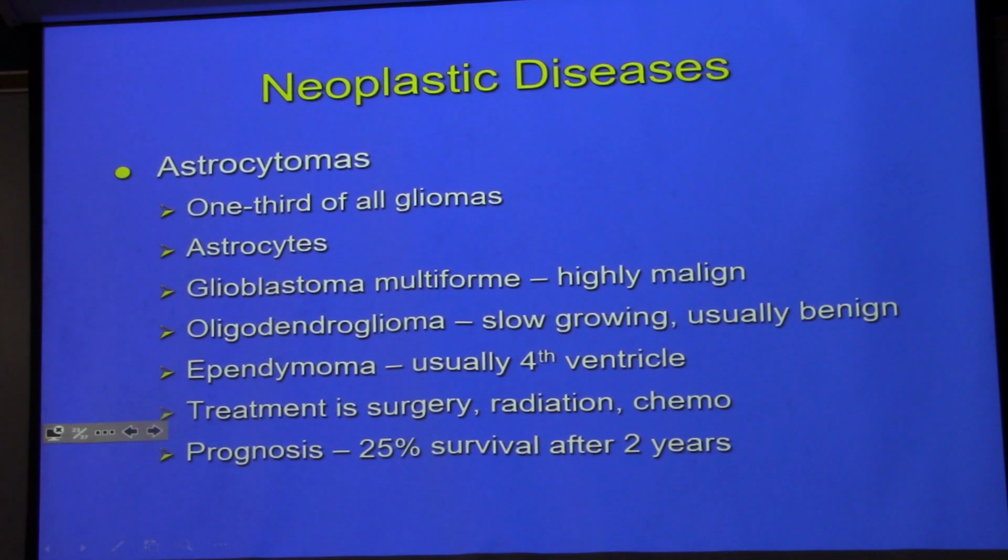The way this is supposed to work, whenever the astrocyte sees something that it thinks might be toxic to its brain cells, it's not going to pass that along. But if it's something that it thinks is good for its brain cells, then it will hand it over. It'll give them oxygen and glucose primarily. Now, glioblastoma multiforme, this is a highly malignant form of